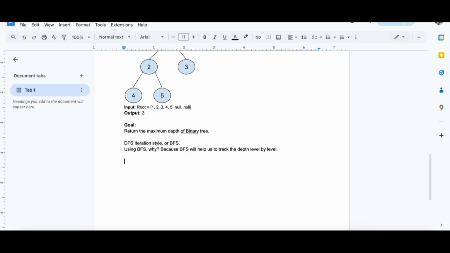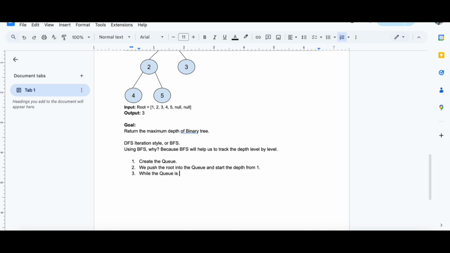Okay, then how can we solve it? Well, first we can create the queue because BFS uses a queue, right? Then we push the root into the queue and start the depth from 1.